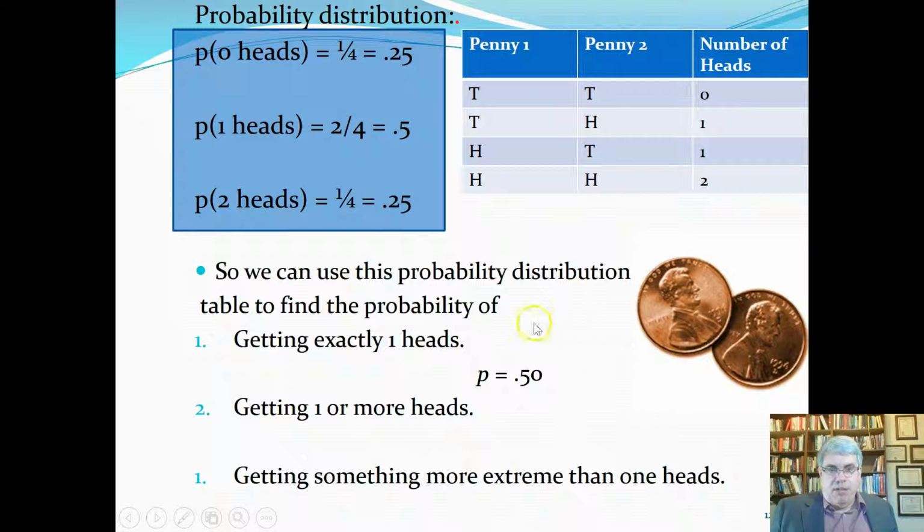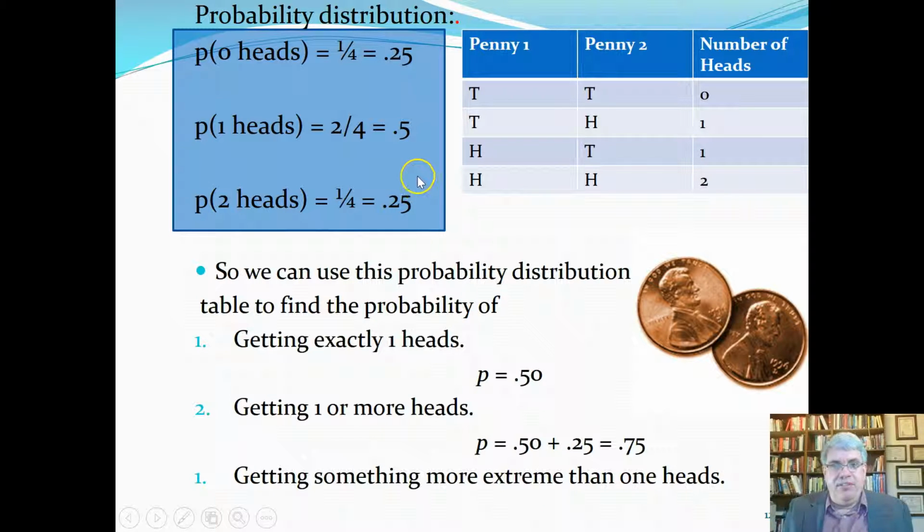Now, what's the probability of getting 1 or more heads? That includes 1 head and 2 heads, and we can add the probabilities together because they're independent and exclusive of each other. So the probability of getting 1 or more heads is 50% plus 25% is 75%. We could also ask,